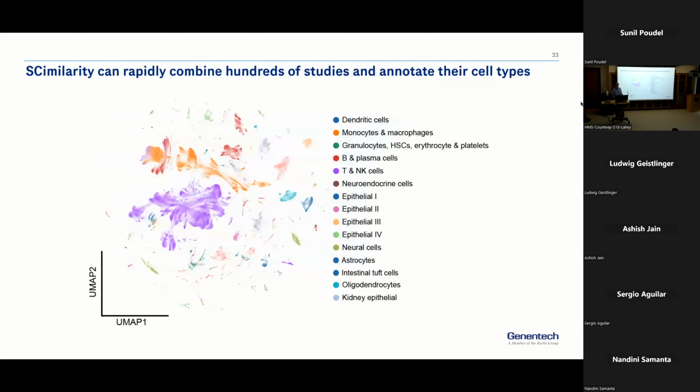Okay, so then lastly, I'm just taking a tiny fraction of the 23 million cells here, but we can sample from all of these data sets and start to put them together into one picture, and we can classify all of these cell types. I do it more granularly than this, but you can't show 120 colors on a UMAP. But the idea here is this creates a really nice starting point for a lot of downstream analyses. We have all of these different tissues, all of these different things in the same space, and we can classify by cell type. That means we can now slice by tissue, we can slice by disease, we can slice by cell type, or any intersection thereof.